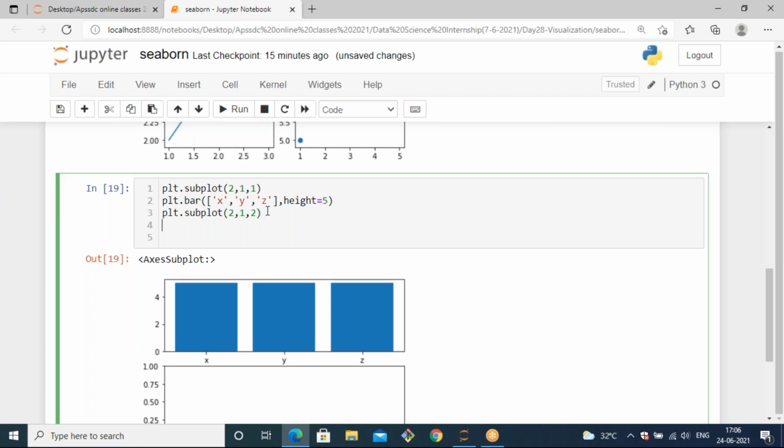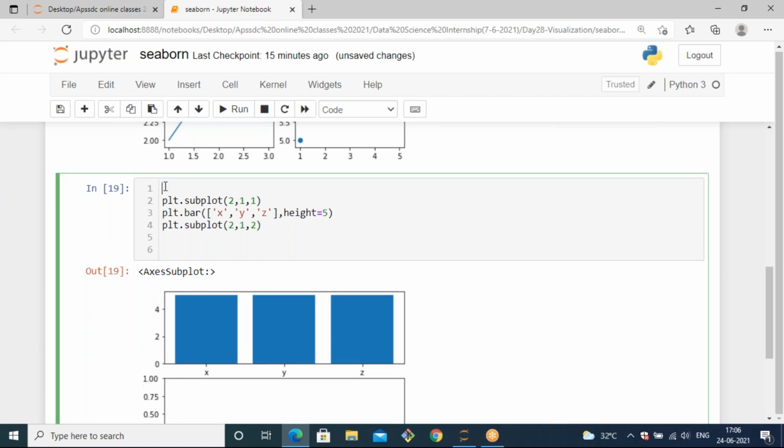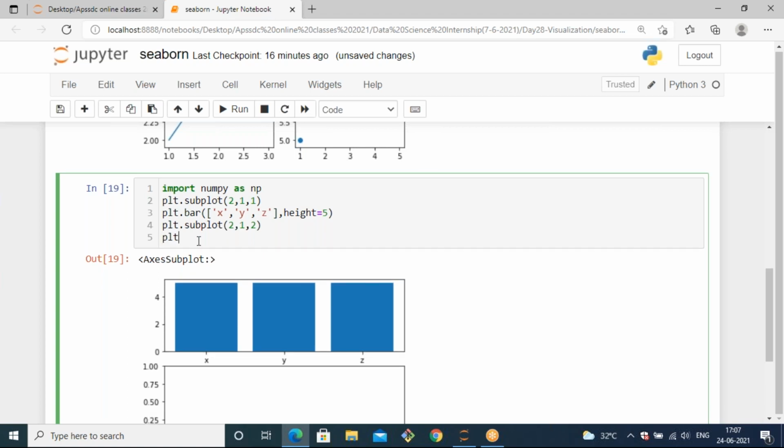And if I want to generate a second subplot with some random values, I can import numpy as np here, and plot with plt. Which plot? Let's use a histogram plot. So plt.hist, here I'm using random values to distribute the values to observe the changes with the histogram. I'm generating the values with the random module from NumPy: np.random.randint of 1 to 10.